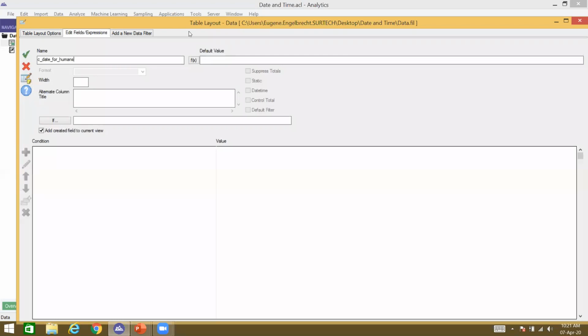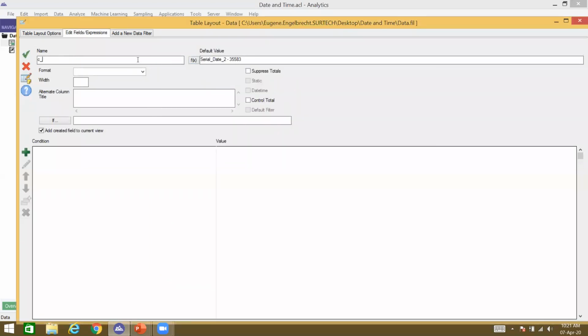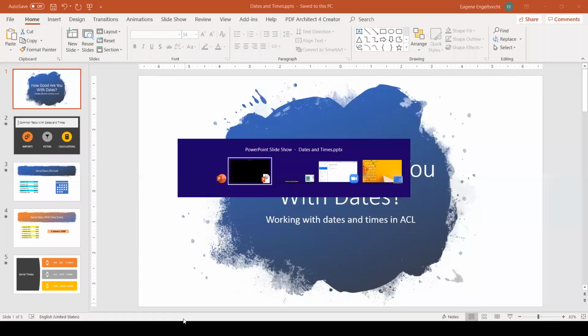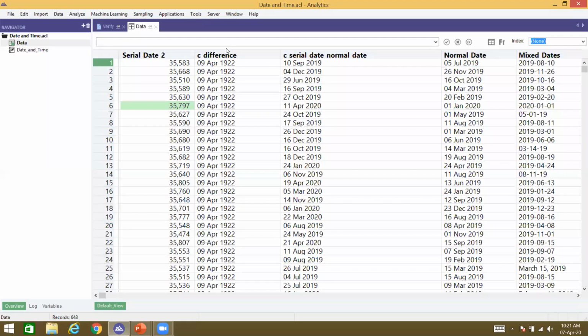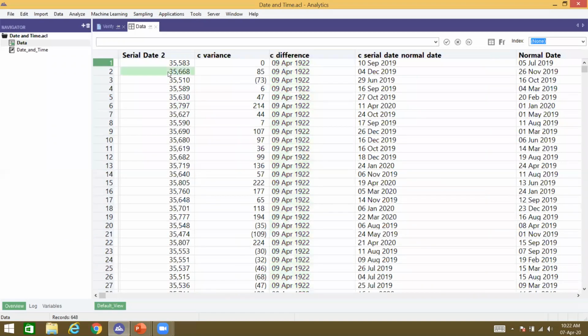I'm going to say, right, I want to take that number in the serial date field, and I want to subtract 35,583. Actually, I'll call this C variance. This is not going to be the date yet. We just wait for ACL to respond. Okay, so let me just put my variance column in. So I'm going to add it here. Okay, so from this date here, that funny looking date, to that date, 85 days